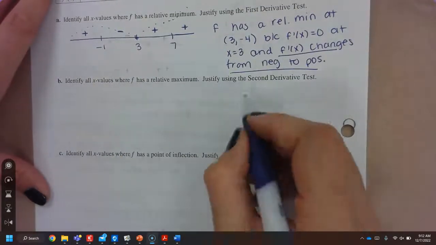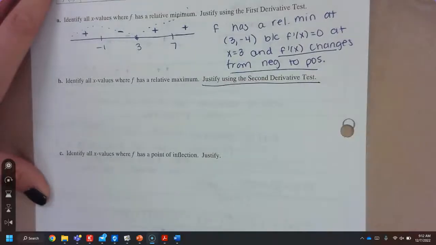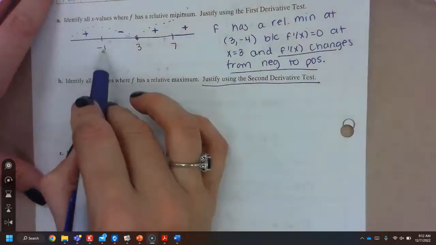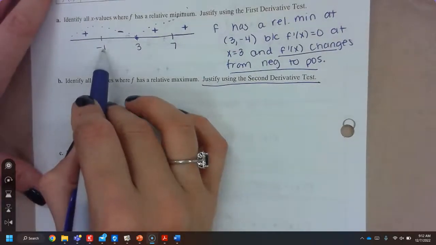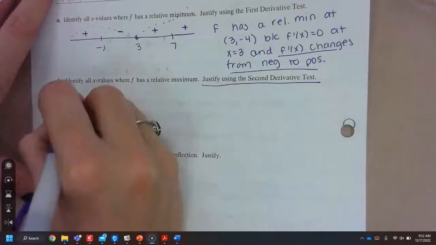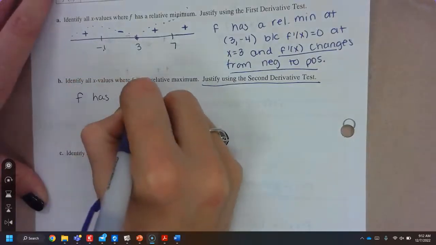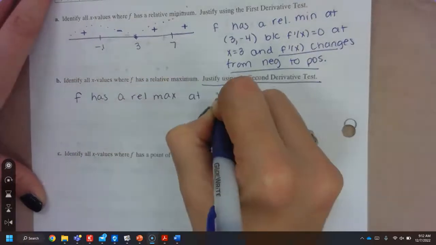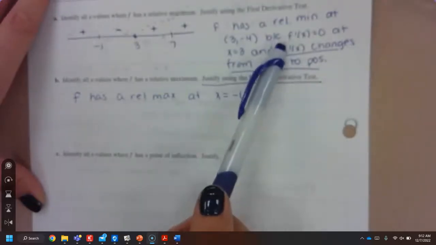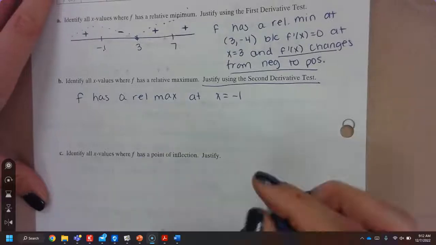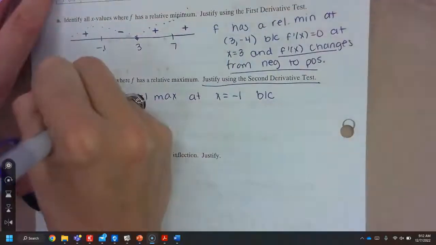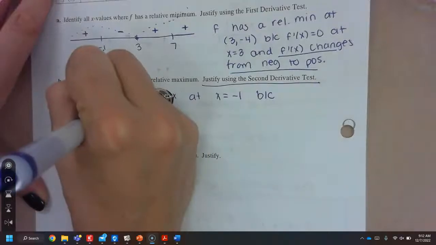Now, the problem is, what does it say? So we know it's at -1. So you could at least earn a point. So you could say f has a rel max at x equals -1. And if you didn't pay attention and read the directions, then you would probably give that justification. But if you read the directions and paid attention, then you would say f has a relative max at x equals -1 because f double prime of x equals